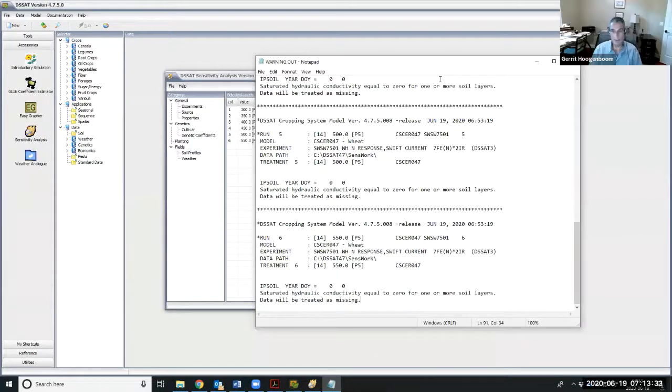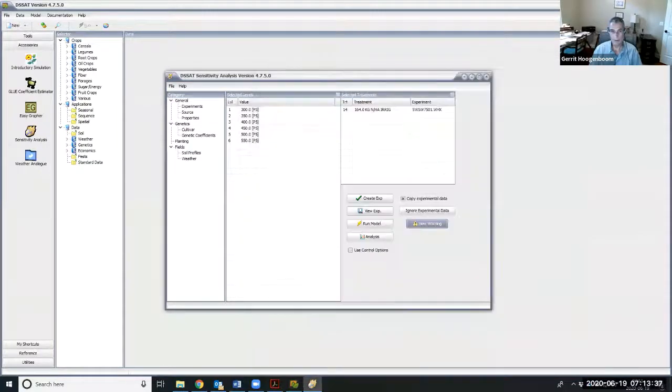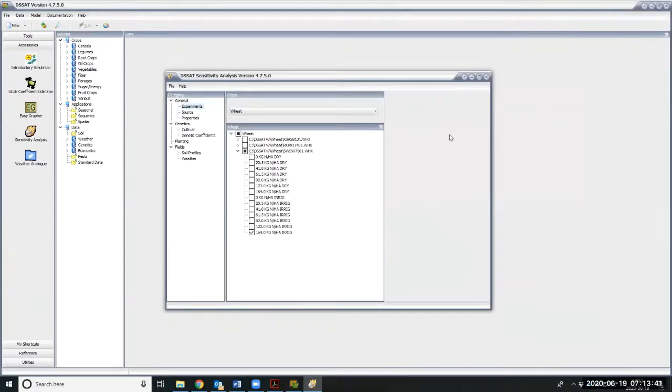So any final questions about the sensitivity analysis tool or any questions about the general operation of the model? Итак, к настоящему моменту, может быть, появились какие-то вопросы по утилите анализа чувствительности или в целом по работе модели DSSAT? Да, может быть, гидропроводимость почвы 0. Это что, получается, вода вообще не проходит? So in the file, in the warning file, it